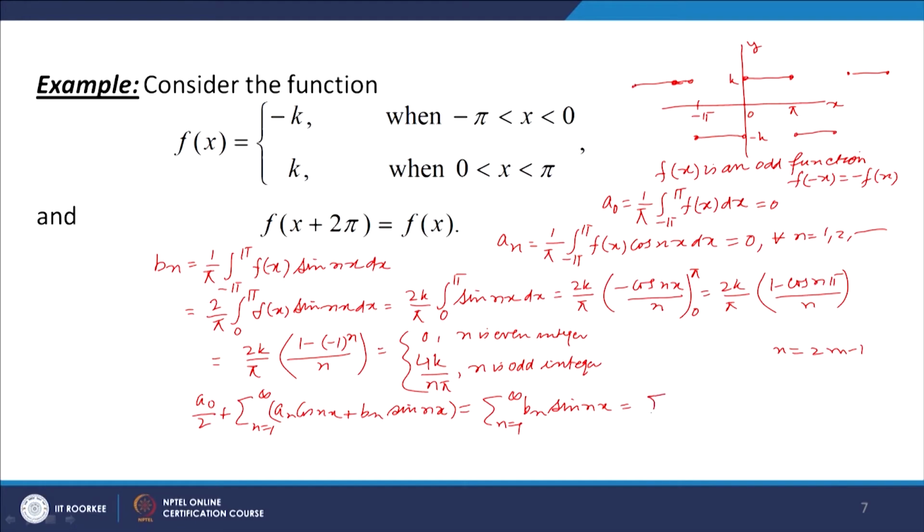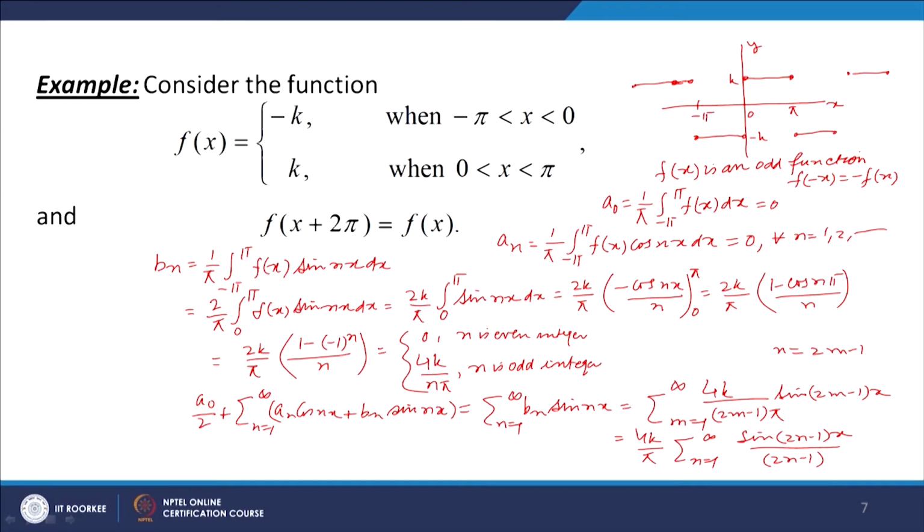So, we will get sigma m equal to 1 to infinity b 2m minus 1, that is 4k upon (2m minus 1) into pi sin (2m minus 1) into x, or I can write it as 4k over pi, because 4k over pi is a constant, sigma n equal to 1 to infinity sin (2n minus 1) into x divided by (2n minus 1). This is the Fourier series for the function f, and its sum is equal to f x